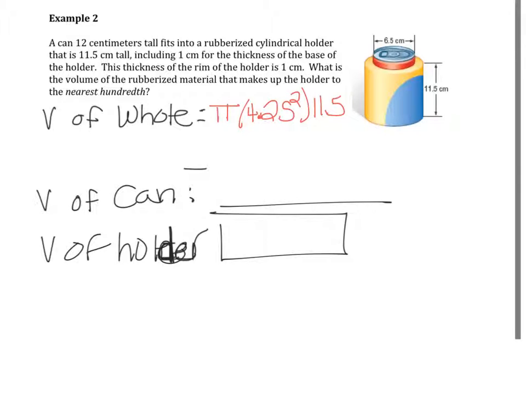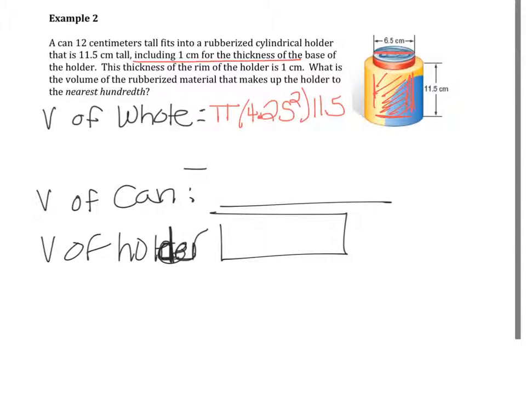Well, I know that the diameter of the can right up here is 6.5. Well, this is including 1 centimeter for thickness of the base. So the can probably starts up here, if I was to draw a picture of the can through